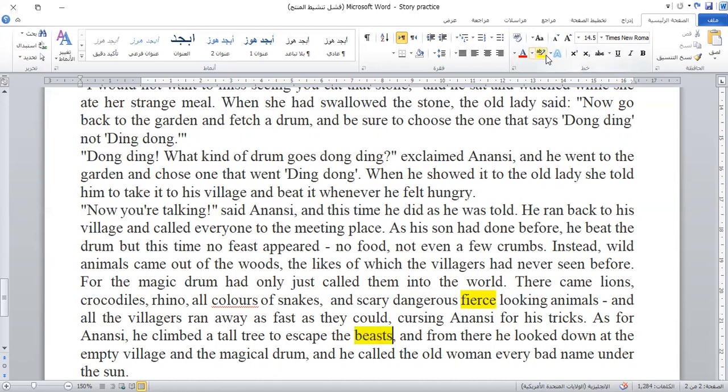Okay, now what we did is called analysis, and by now we have come to the conclusion, we came to that conclusion earlier, that the theme here is if you do good, you get good. If you do bad, you get bad. Now, I want to talk about the development of characters. I want to describe the characters.